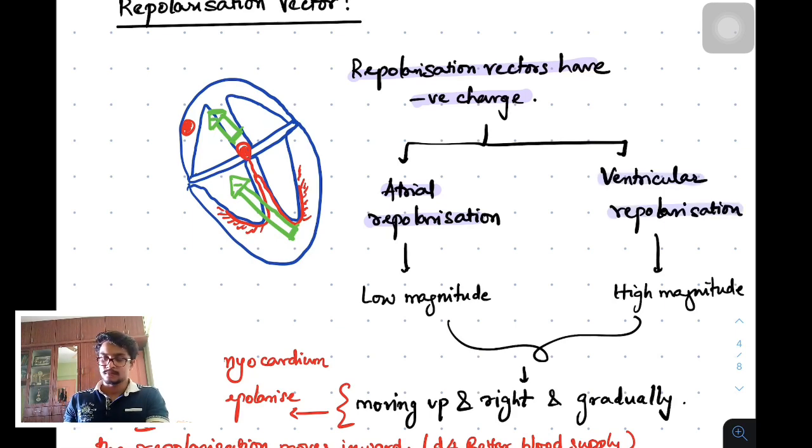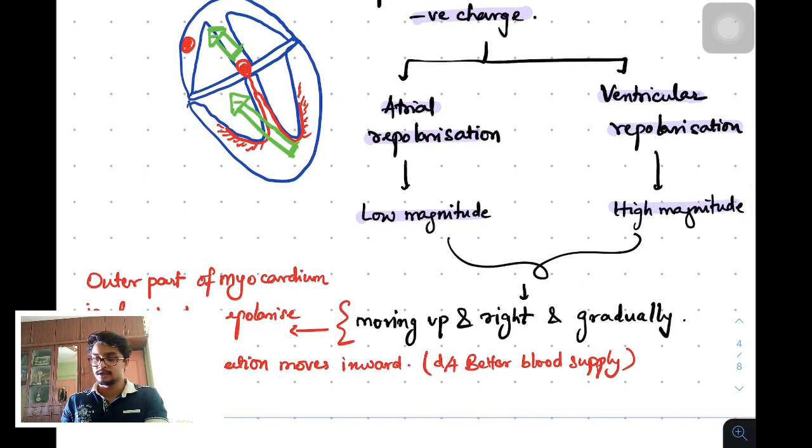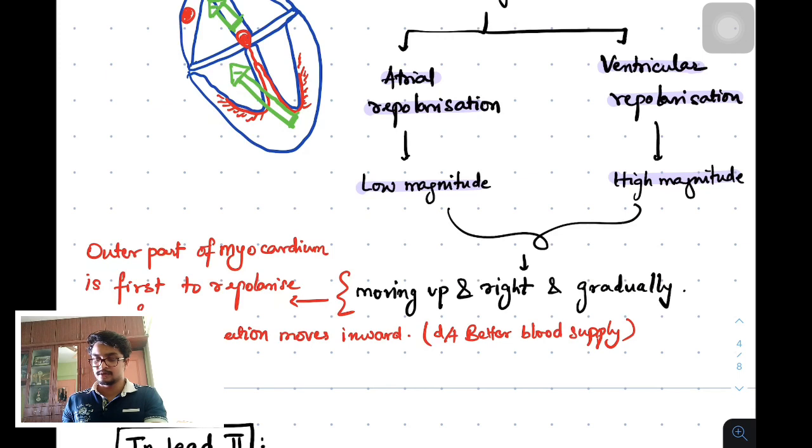Atrial tissue is a small tissue, so atrial repolarization is a low magnitude event, and ventricular repolarization is a high magnitude event. So the vector produced by atrial repolarization will be small, and ventricular repolarization will produce a large vector. All this repolarization is moving up and right, and this event is very gradual compared to